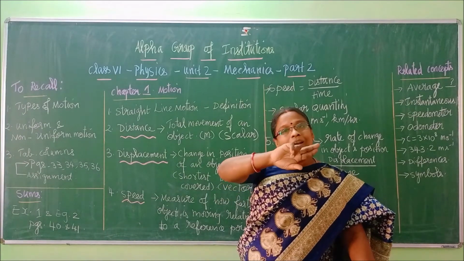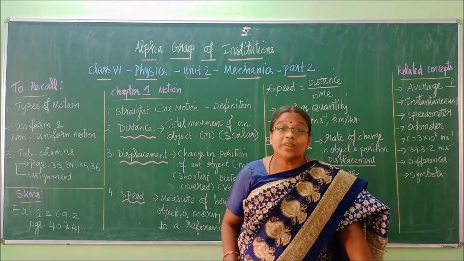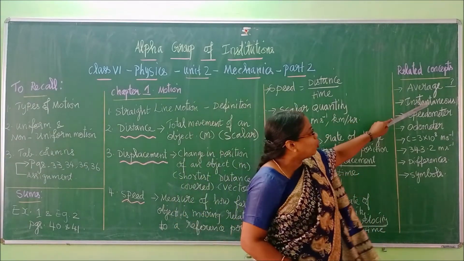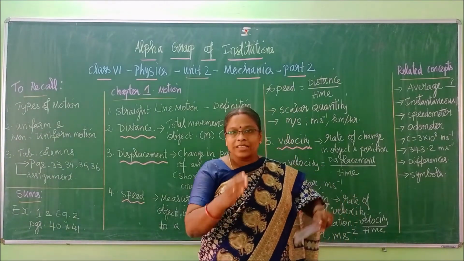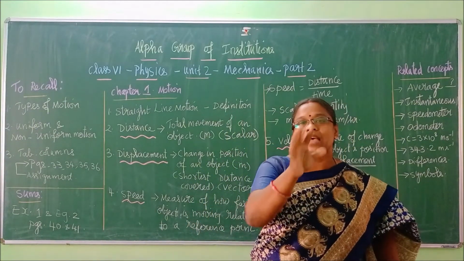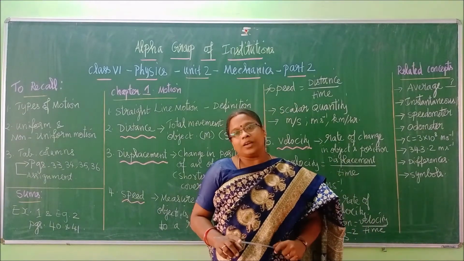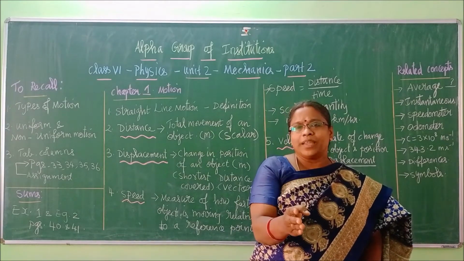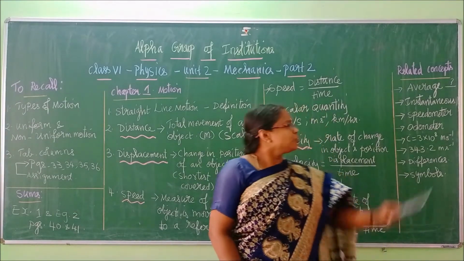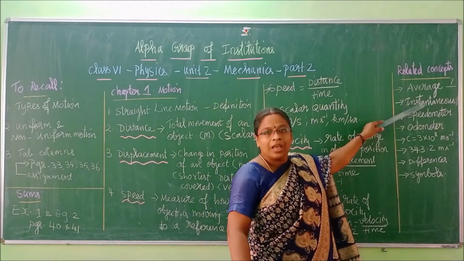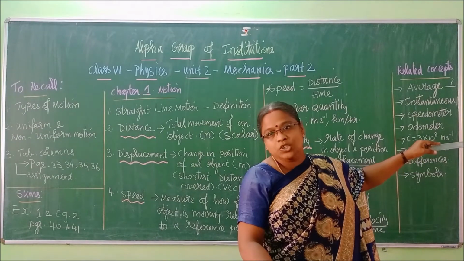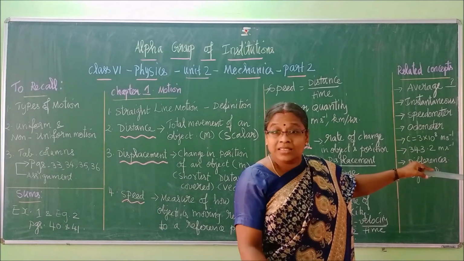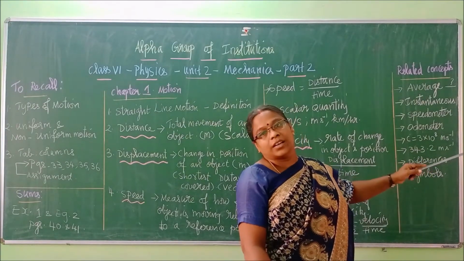What is the next one? The red color needle will tell you how much speed your vehicle is travelling. For example, if your vehicle shows 70 km/h on the speedometer, that is, at that instant, at that particular time, you are traveling with a speed of 70 km per hour. So that is your instantaneous speed. At that particular point, how much distance you have traveled, that is called your instantaneous distance. At that time, what acceleration you have, that is called instantaneous acceleration.